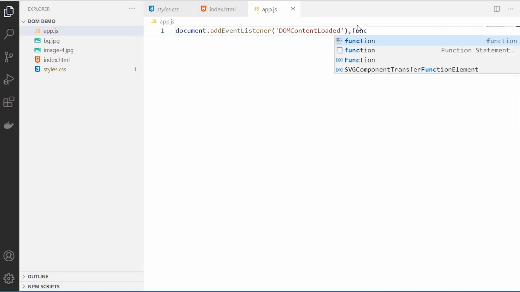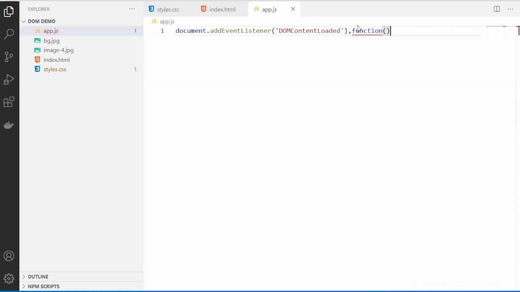So let's write the function for this. So we will be using this syntax. First is this event name, and here we are going to include the function. All of the function that we will be including will be going inside this main function that I have. First thing that I'm going to do is create a variable. In this case, we will be creating a constant because we are not going to change anything, to capture where exactly these event and the functions will be affected.